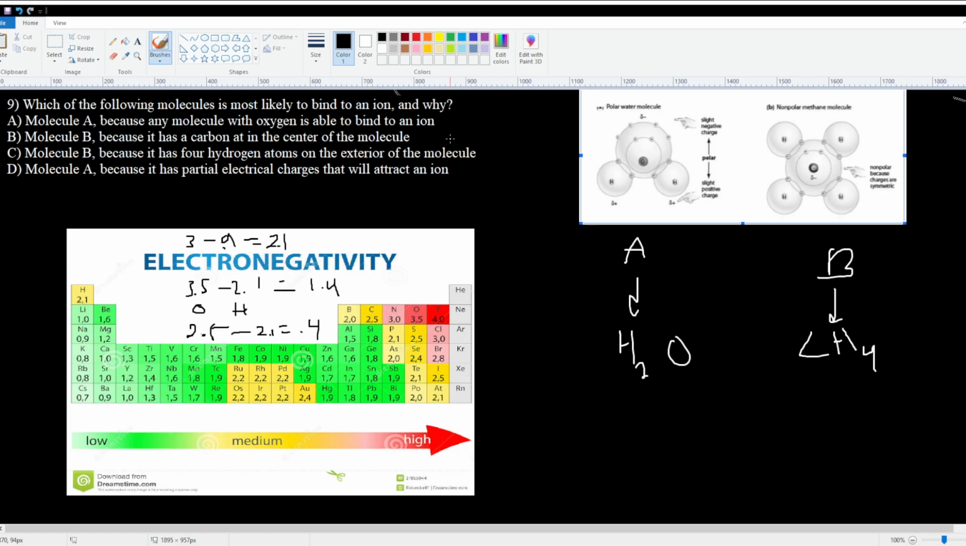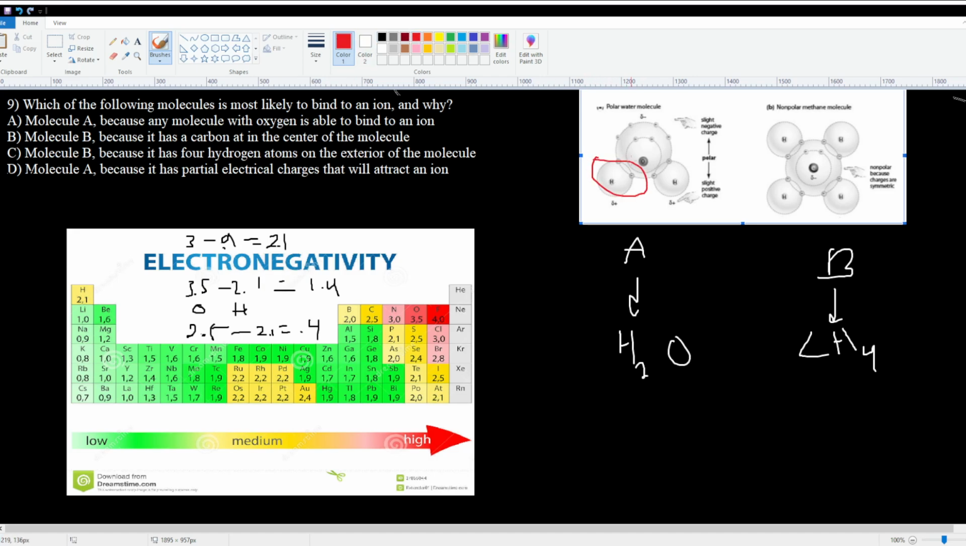But you won't get this chart on the exam, and you don't have to know any of these values. I just want to give an example. So this has to do with polarity and polar bonds and nonpolar bonds, covalent bonds and ionic, that sort of thing. Like I said, the answer is of course D, because it has partial electric charges that will attract an ion. So water is a polar molecule